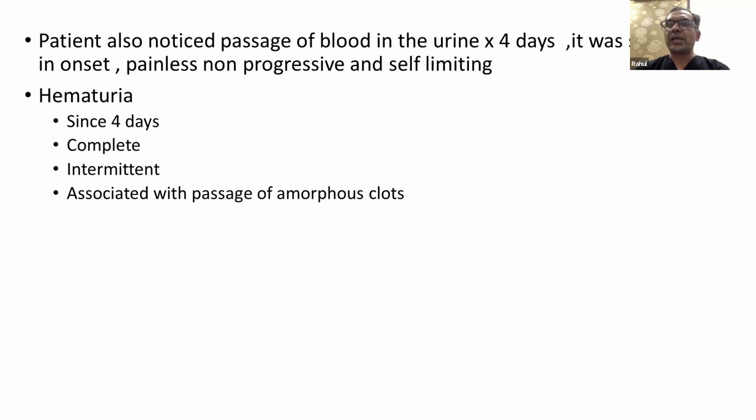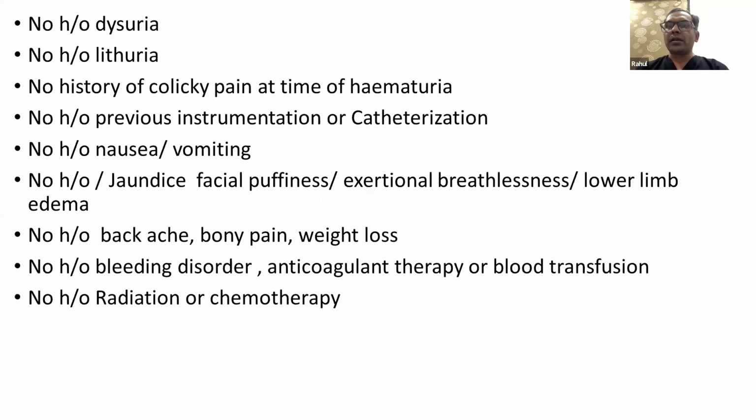Patient also noticed passage of blood in urine since last 4 days. It was sudden in onset, painless, non-progressive, self-limiting, and hematuria is complete, intermittent, associated with passage of amorphous clots. Then, sir, there is no history of dysuria, lithuria, no history of colicky pain at the time of hematuria, no